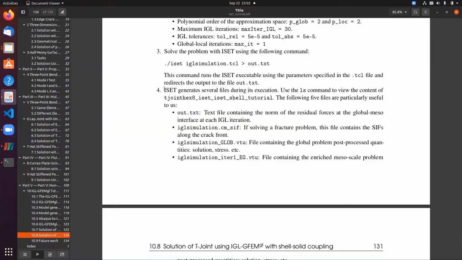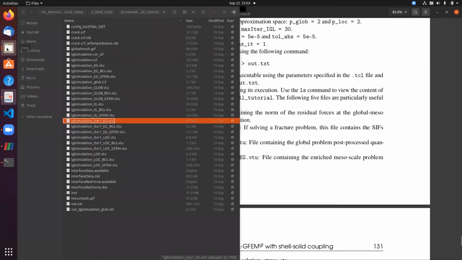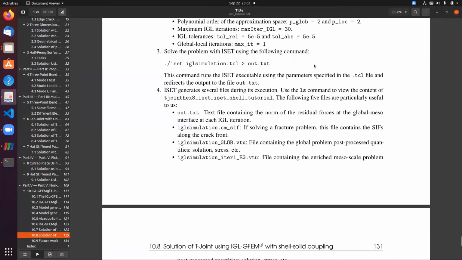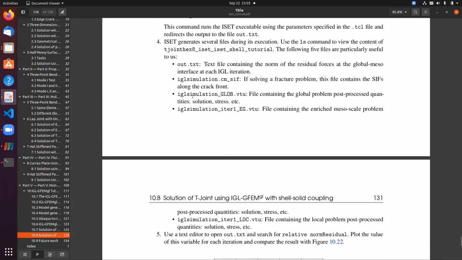So after the simulation is done, we will use several files. These are the files that ISET generated, but we will use only a few of them in this tutorial. The first one is out.txt, which contains the norm of the residual forces at the global meso interface. We will also use IGL